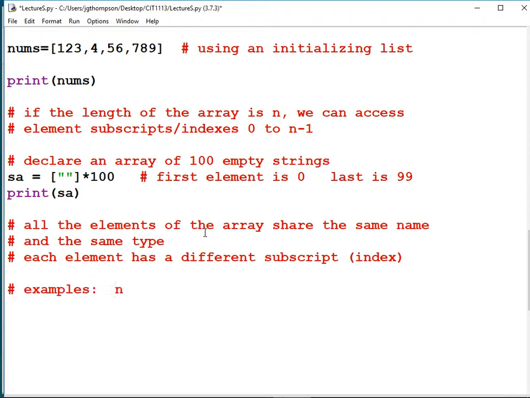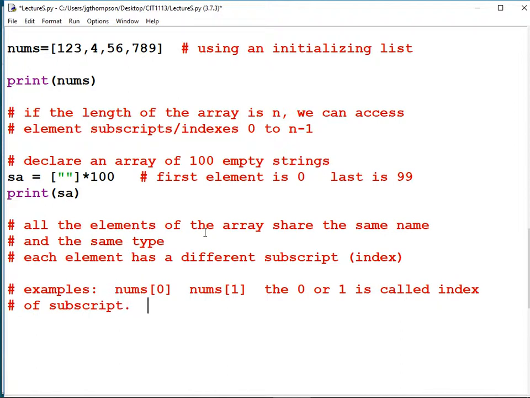Examples. Nums subscript 0, nums subscript 1, and so on. Or nums index 0, nums index 1. So the 0, 1 is called the index or the subscript. Same things.